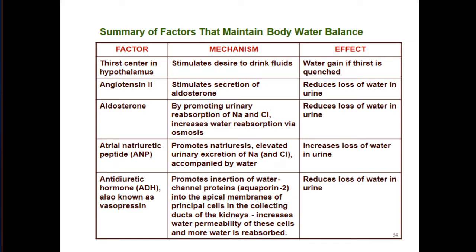Now, here is the summary of factors which will maintain the body water balance. First, the thirst center in the hypothalamus, which drives drinking behavior. Then angiotensin, we will talk about that, stimulates secretion of aldosterone and reduces water loss. Aldosterone by itself promotes sodium reabsorption and thus increases water retention. Natriuretic peptide, which promotes natriuresis, meaning loss of sodium, and increases loss of water in urine, and antidiuretic hormone, which will